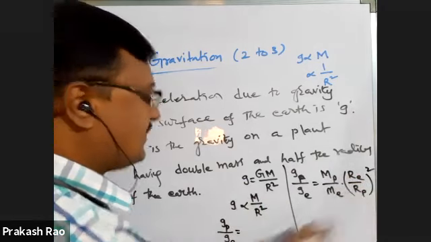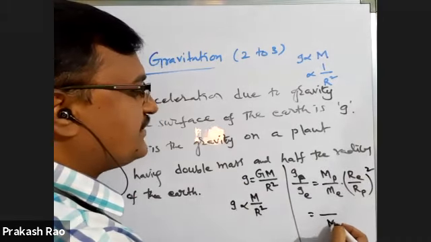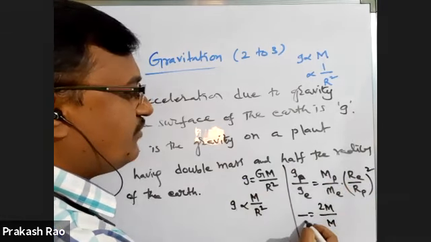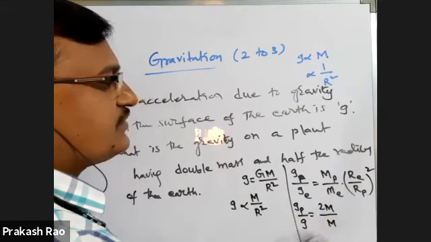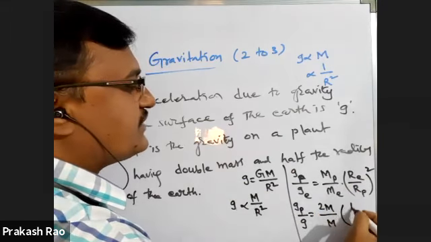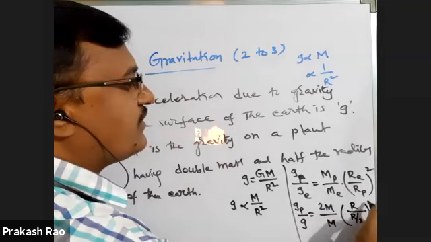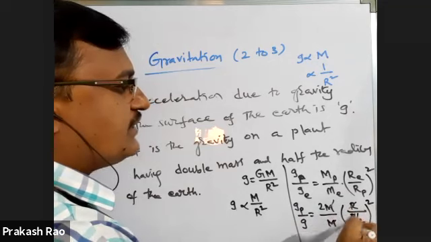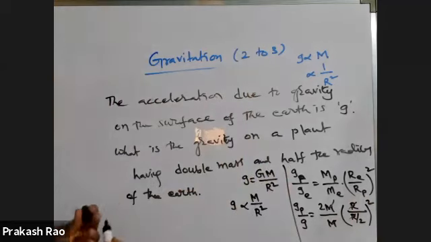Square it. If you take the mass of the earth as m, the mass of the planet is given as 2m. Gravity on the earth is g, and this is gp. Radius of the earth is r. Radius of the planet is r by 2. So here m and m are cancelled, r and r are cancelled. This 2 will move up. So what you are getting finally, if you calculate it,